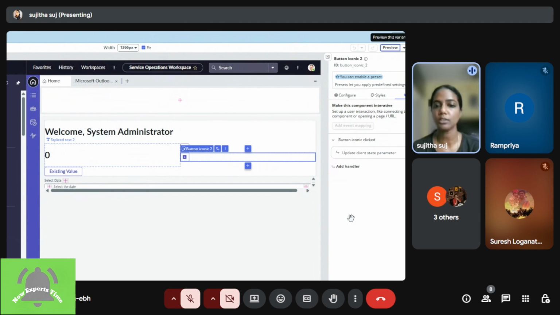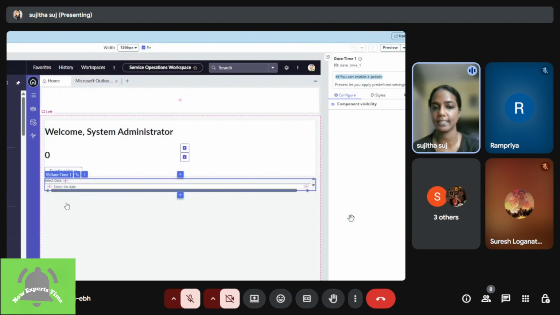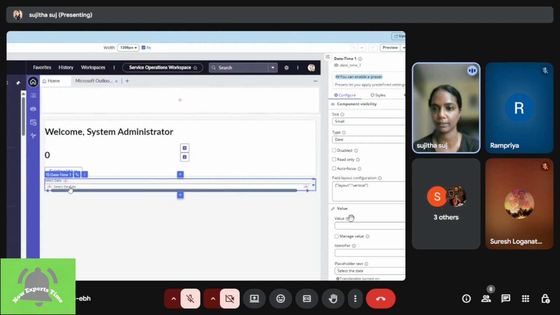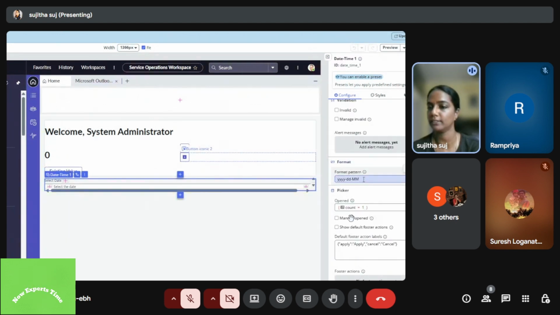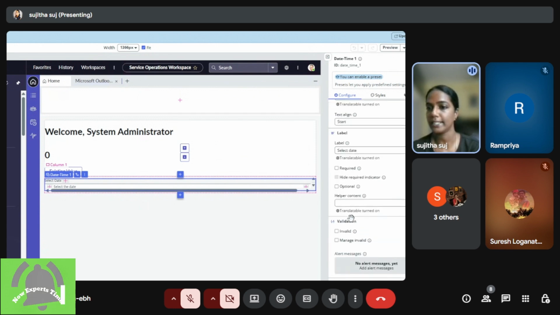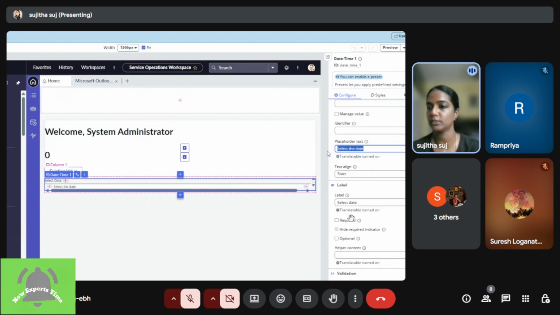Okay. So similar to how we add all these components, I added a component called date and time component, which is available out of the box. After adding this one, we always need to define what format you want the date and time field to match with the instance. So the format that I am using on this is year, date, and month. So that is the format that I have given. And also I need to set a placeholder text, what needs to be displayed on that when I'm going to